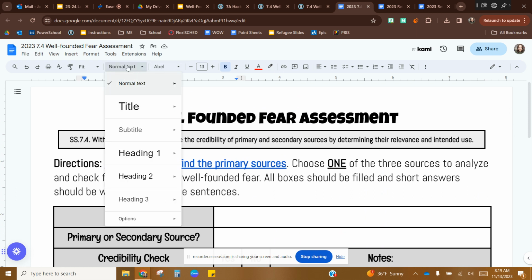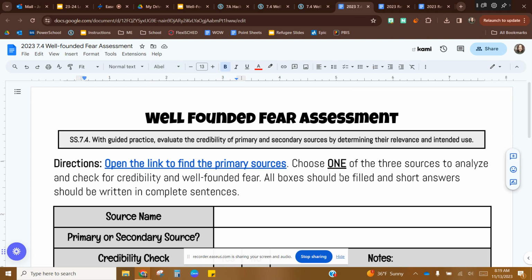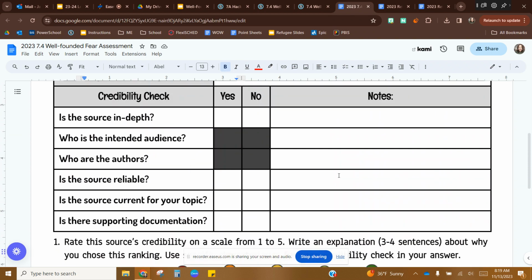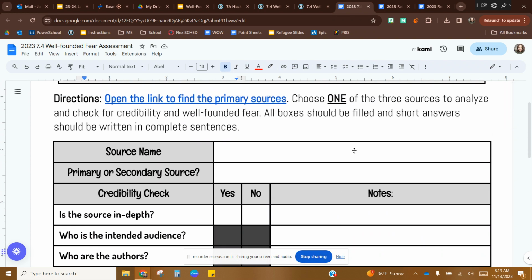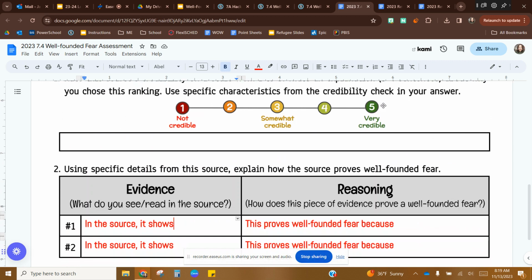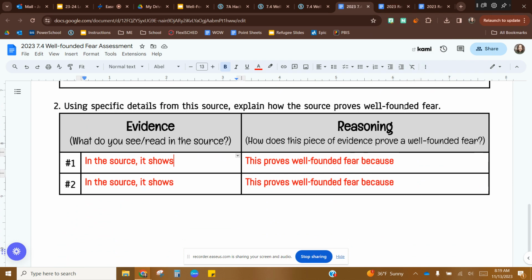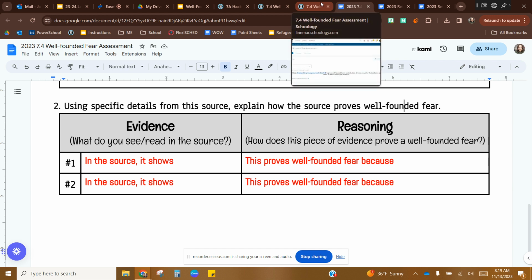It shouldn't take you super long to do this. If you're doing a good job, I would assume it would take you definitely the whole class period. But you're just doing the one credibility check and doing that ranking question and then doing the evidence and reasoning question. After you finish that, you can submit it on Schoology, and then you can either read a book or do one of the links that I'm going to include in the calendar for if you finish. I don't foresee anyone finishing though today in class, so please take your time and do a good job on the assessment.